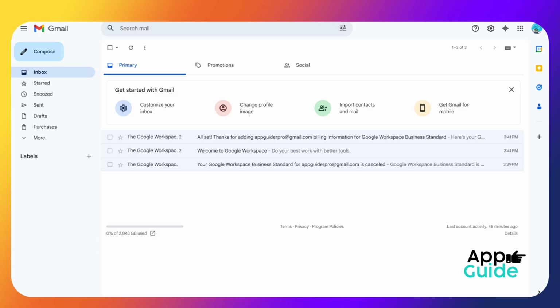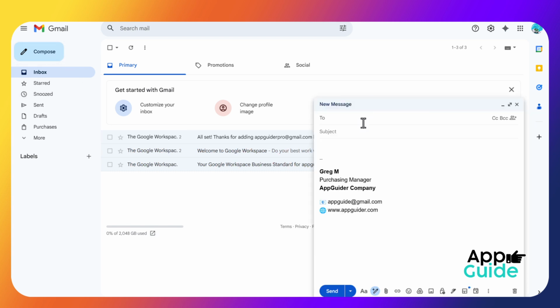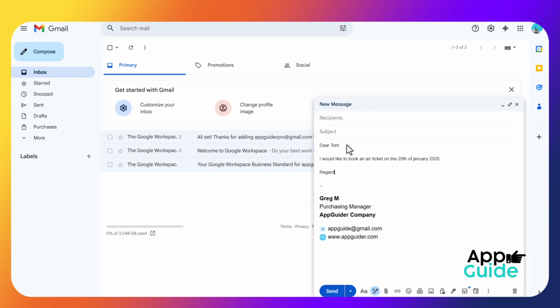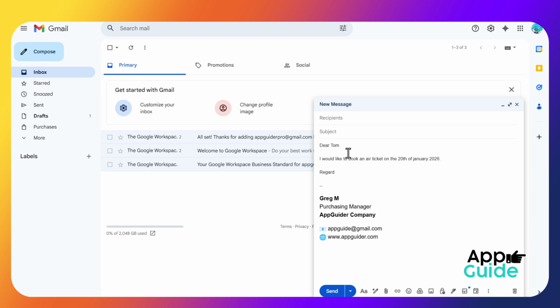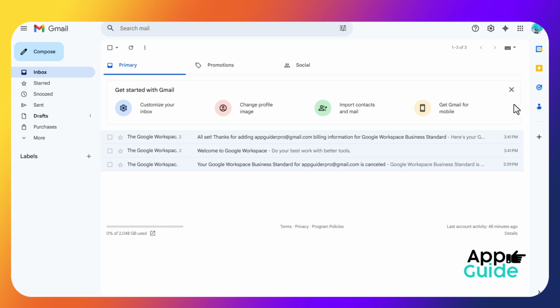How do you save drafts in Gmail? When you compose an email and put in the information that you would like to send, once you start typing something, Google automatically saves that as a draft. So you can deliberately turn this off by clicking save and close at the top there, and you go to